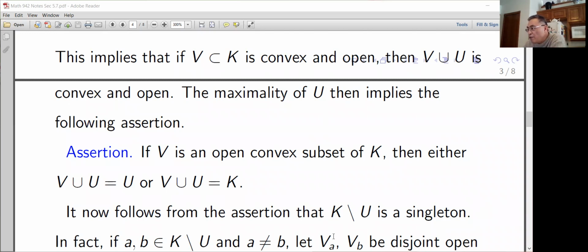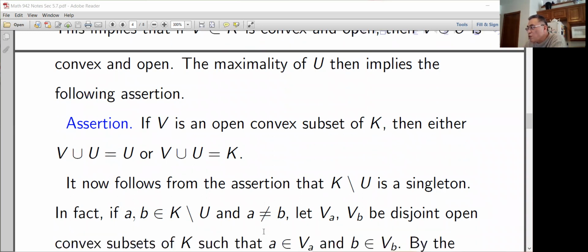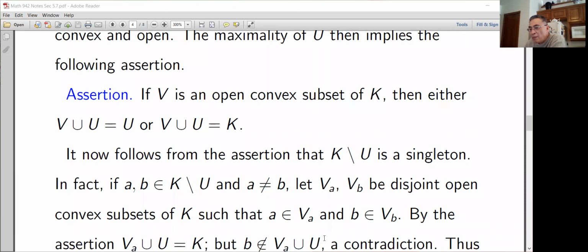Let VA and VB be disjoint open convex subsets of K such that A is in VA and B is in VB. By the assertion, VA union U is open and convex, so it is either equal to U or equal to K. But it's not equal to U because it has at least 1 more point, A. So it must be K. But this is a contradiction